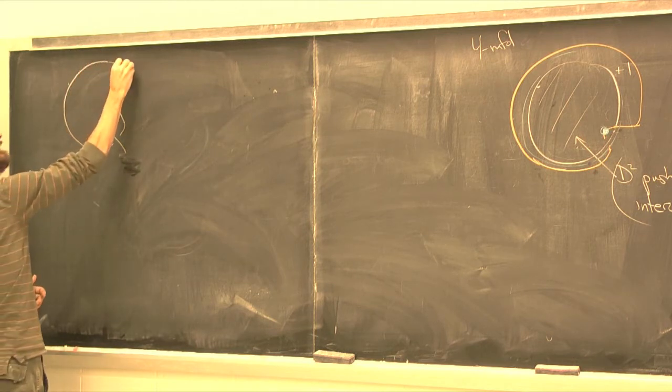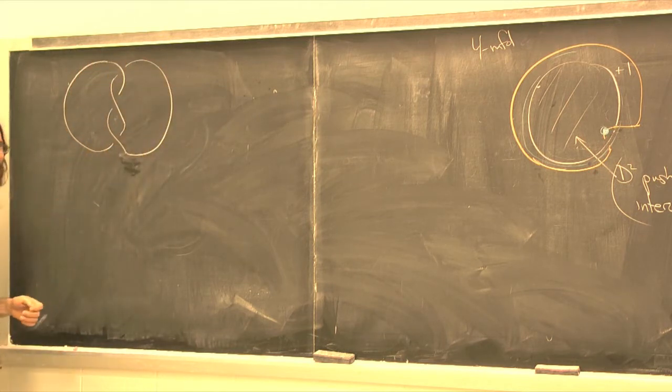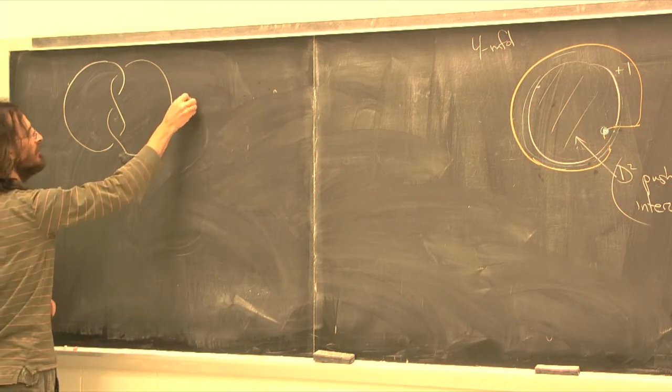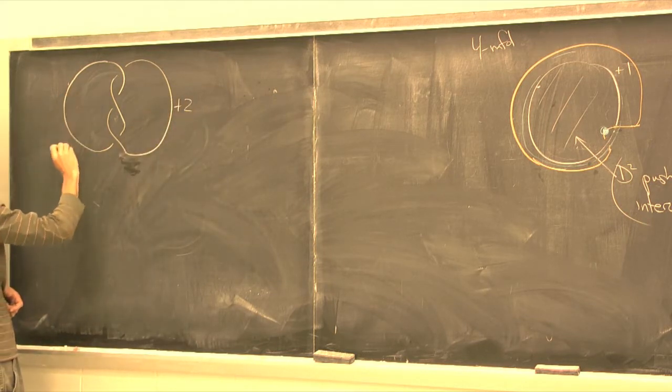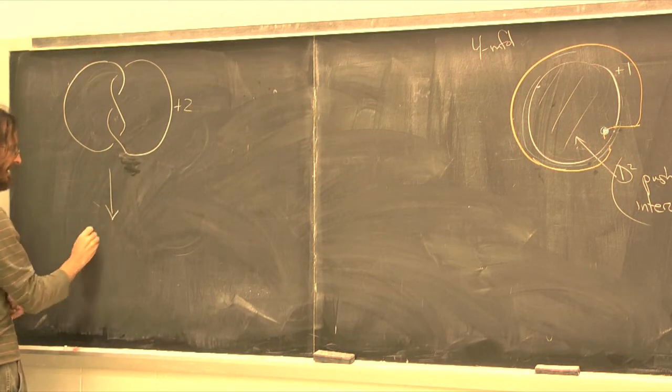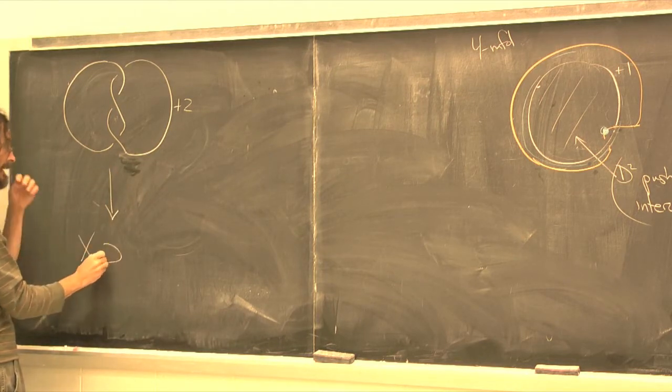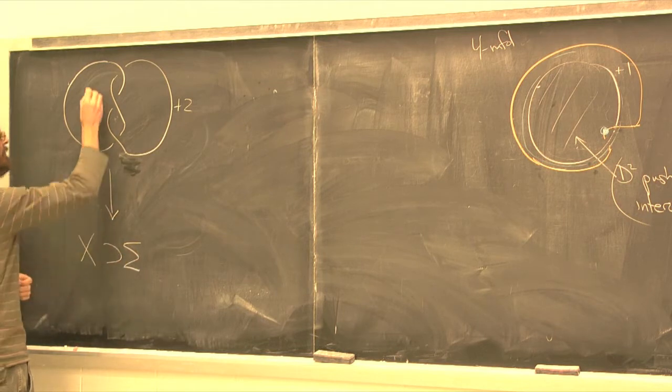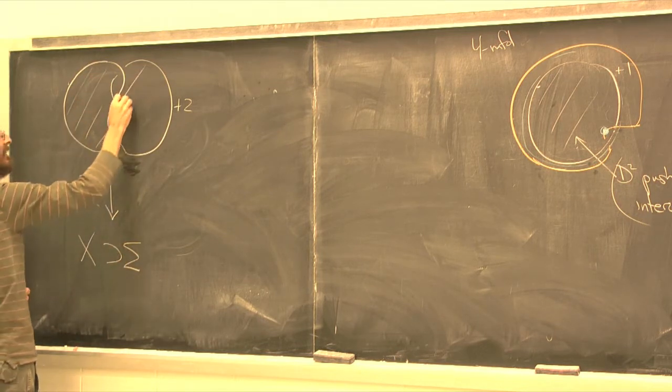Well, it's bad enough to always draw the trefoil. It's even worse to always draw the trefoil the same way. At least this is a trefoil that we can draw a different way. So if you attach a knot, say here with framing +2, what that means is this gives X4, which contains a surface, sigma, which is built out of the Seifert surface